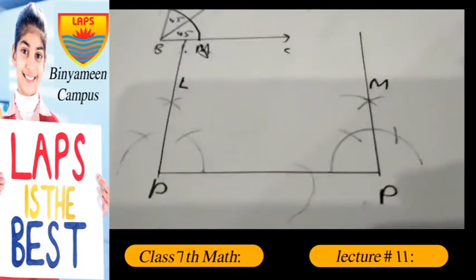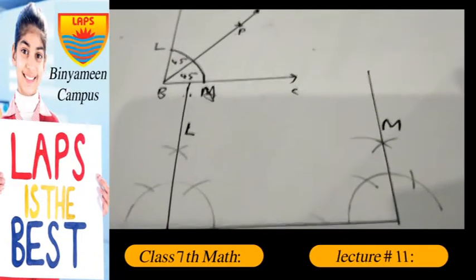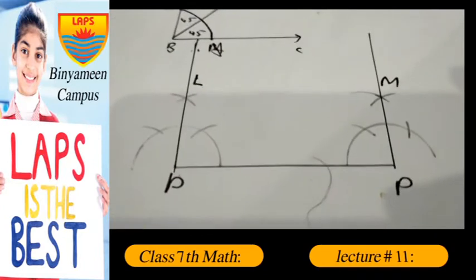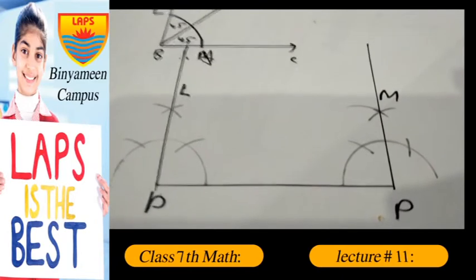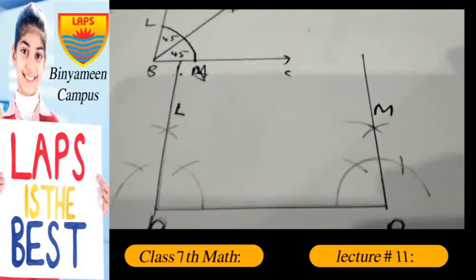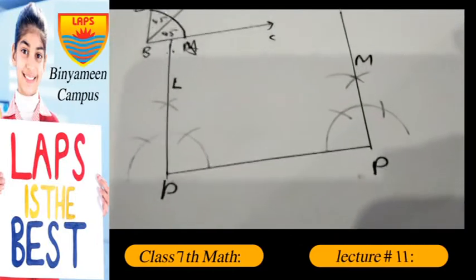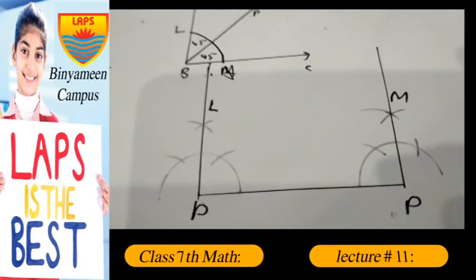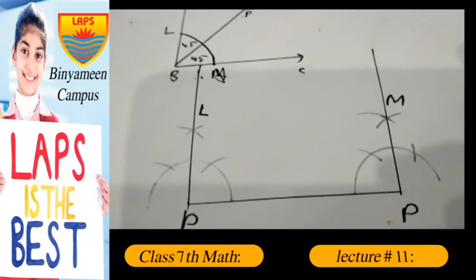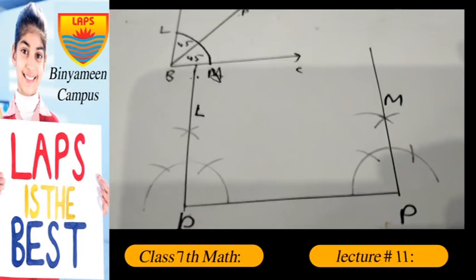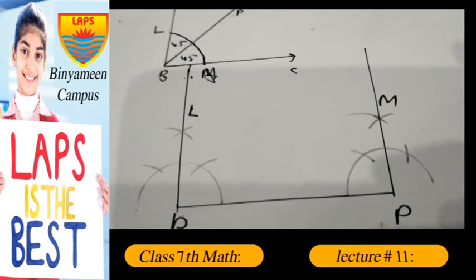Question number 8. On both sides you draw the angle of 90 degree, taking a perpendicular on point P, taking the same point, left and right, and draw the angle of 90 degree. Question number 8: draw a line segment PQ of length 5 cm. At each end of PQ, draw a line perpendicular to PQ; the 3 lines are parallel.